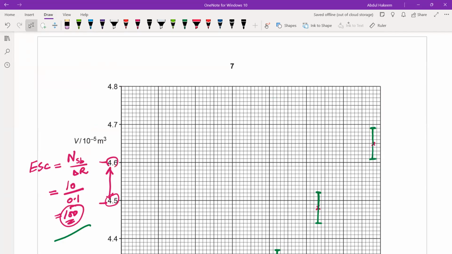So the rule is: calculate the error scale constant, multiply this error scale constant with the error, and that answer is actually the size of the error bar up and down from the point. Now the next,